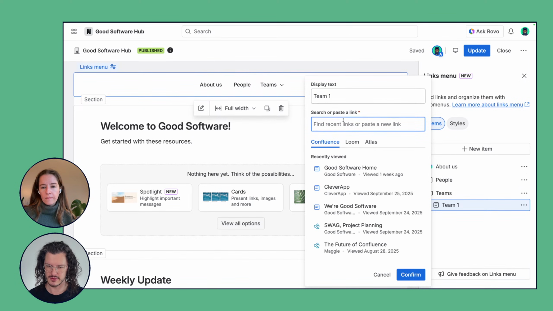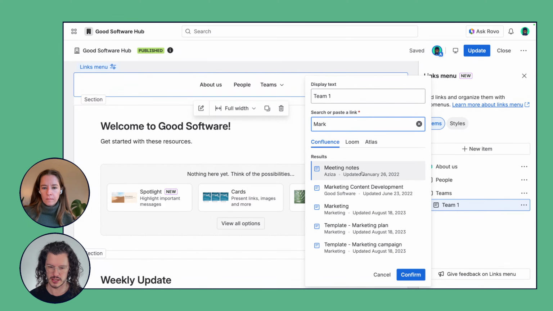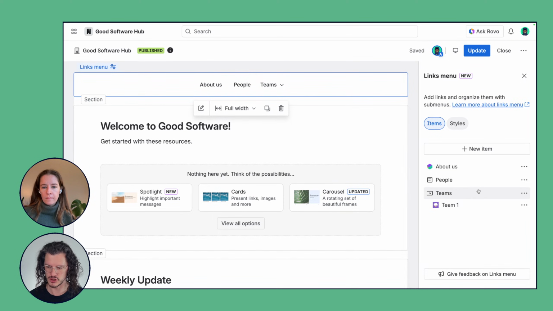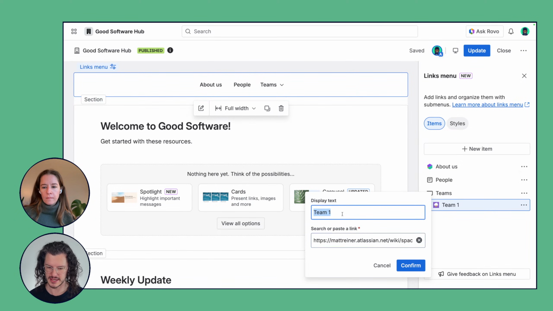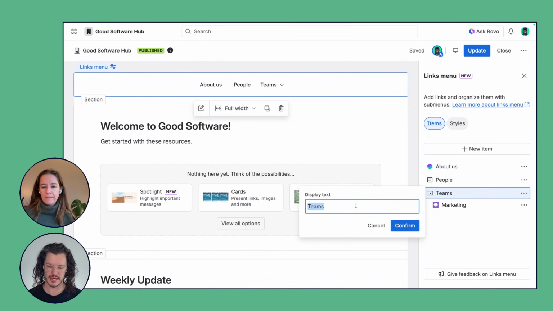Let's update this. So this one actually, I want to send to the marketing page here. Or actually, I'm sorry, that is the marketing space, and I forgot to update the name. So I'm going to send people to marketing here. So Teams, that might be good, but for a large enterprise, right, we might need this more as like departments,